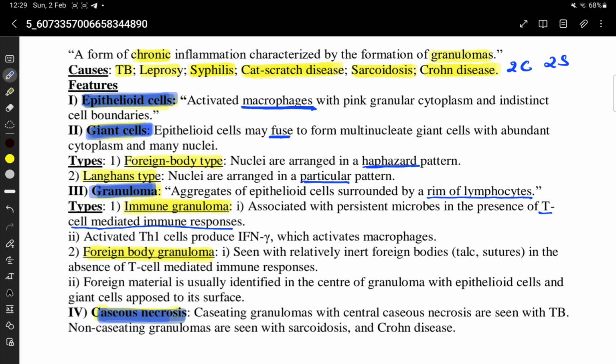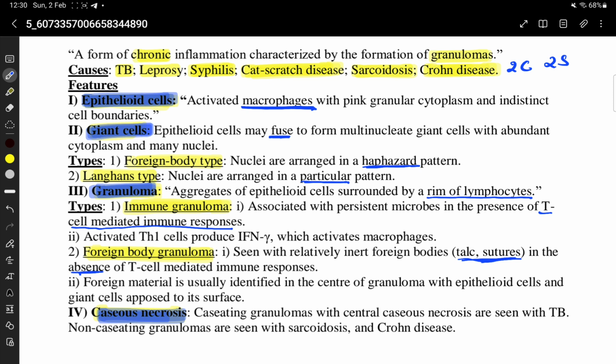Foreign body granuloma is seen with relatively inert foreign bodies like talc and sutures, in the absence of T cell mediated immune response. Foreign material is usually identified in the center of the granuloma